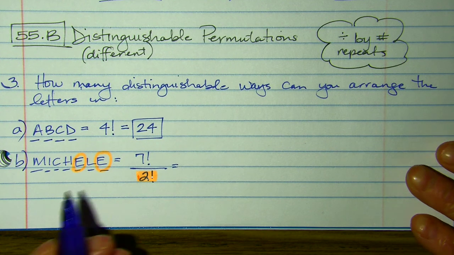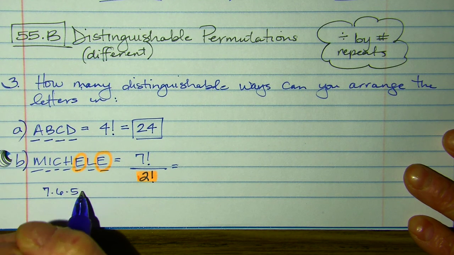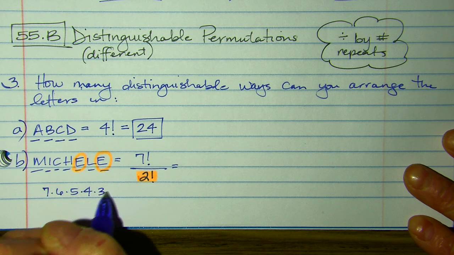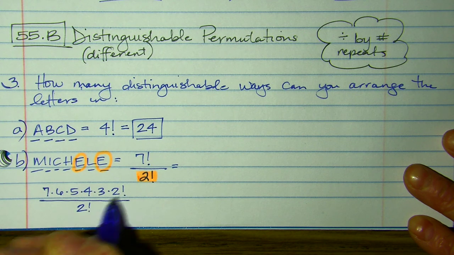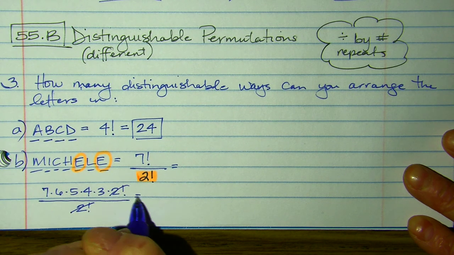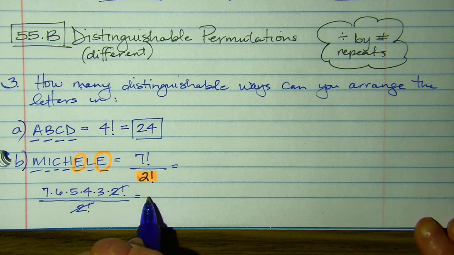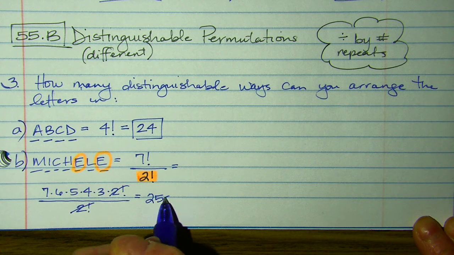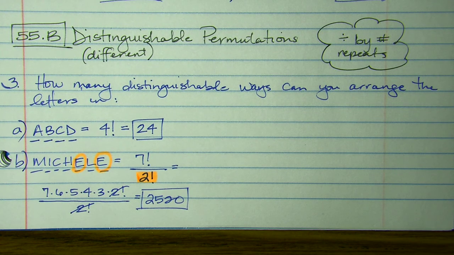So a couple ways you can do this one, right? You can do 7 times 6 times 5 times 4 times 3 times 2 factorial. Remember we went over how to do this by hand, so these cancel. And so in my calculator, I would just have 7 times 6 times 5 times 4 times 3, and that gives me 2,520 ways I can arrange the letters in my name. All right, so moving on